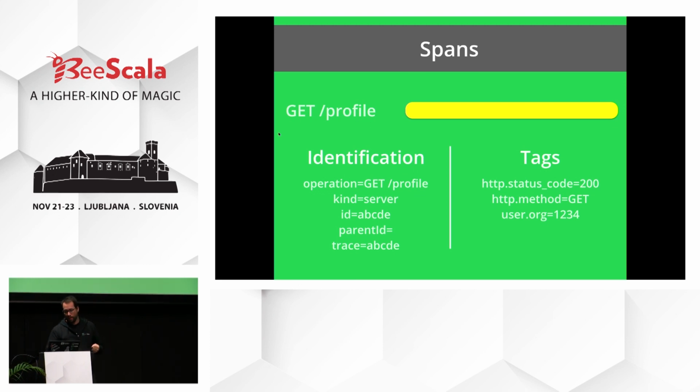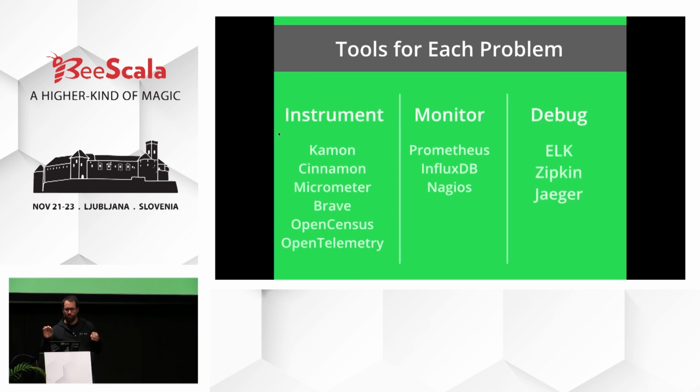That's it. Then you will hear a bunch of names being thrown around, and I would like to somehow put them in categories. There's the instrumentation category, the first problem we talked about earlier, which is just about getting metrics out of your app. There is Kamon, there is Cinnamon, part of Lightbend Telemetry, but there is also Micrometer, OpenCensus, OpenTelemetry, OpenTracing. There's a bunch of tools out there that can help you get data out of your app, but that's just a part of the problem.